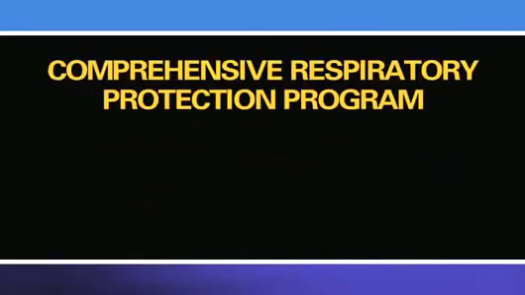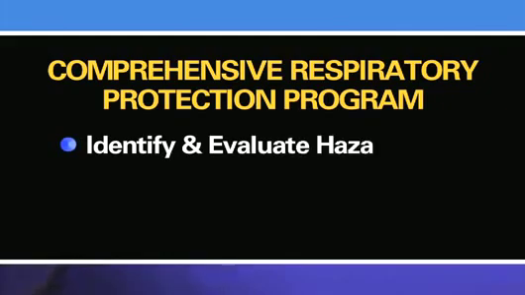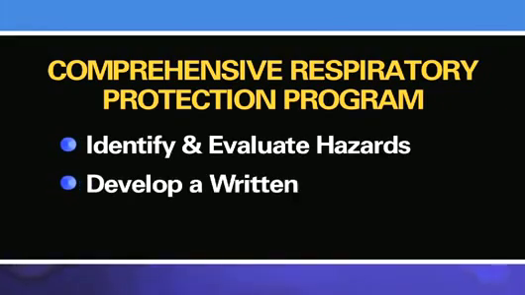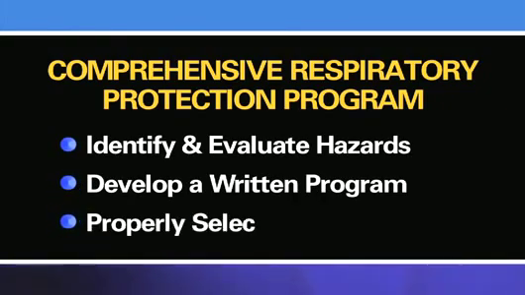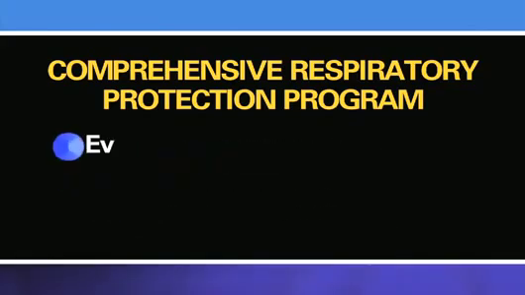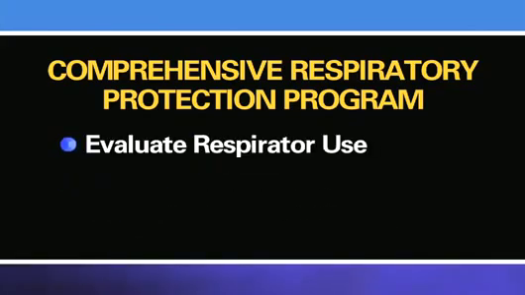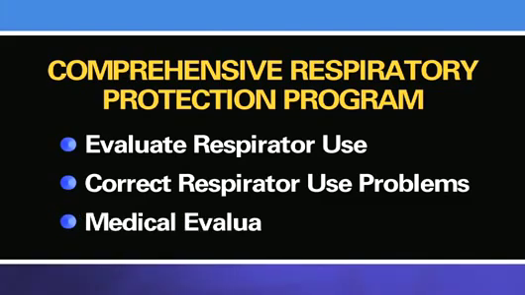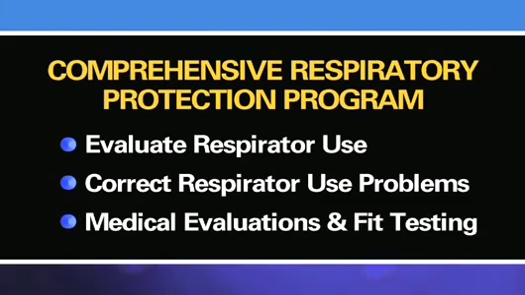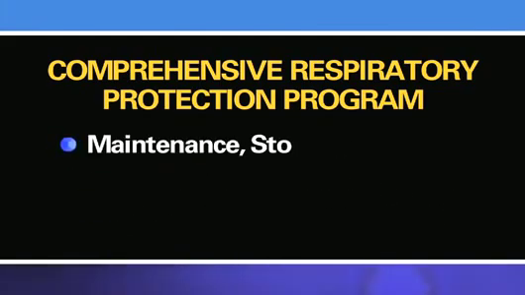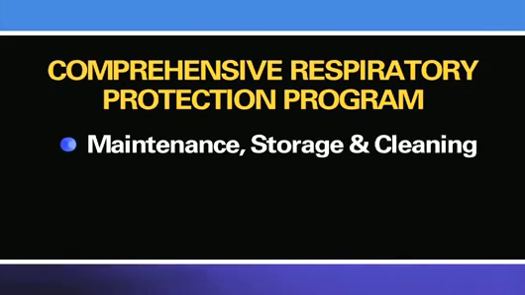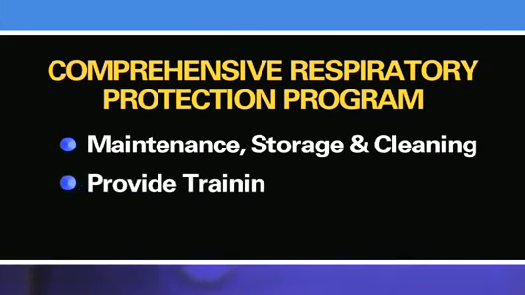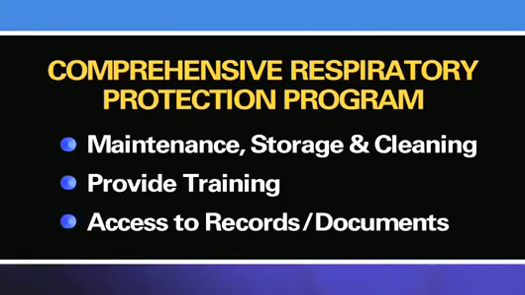Your employer must identify and evaluate hazards, develop a written program, properly select respirators, evaluate respirator use, correct any problems with respirator use, conduct medical evaluations and fit testing, provide for the maintenance, storage, and cleaning of respirators, provide training, and provide you with access to specific records and documents, such as a written copy of your employer's respiratory protection